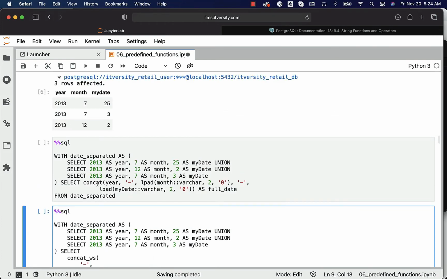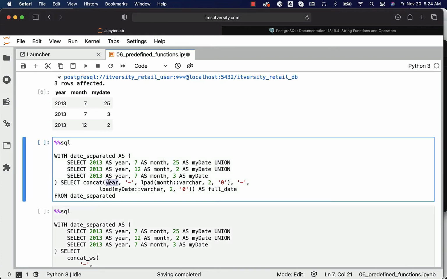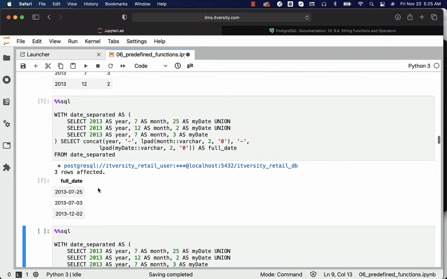However, if you want to use concat, you just have to say concat the year, which is nothing but the year column, and then the derived month. If the month is less than 2 characters, I want to lpad with zeros. That's what I'm doing here, using lpad of month, comma 2, comma 0. Then again a hyphen, which is nothing but a delimiter. Then again lpad of my date to get the date with at least 2 characters. Now you should be able to run this and you can see the results the way we want. We can see the full date with the hyphen as delimiter between year and the derived month to 2 characters and the derived date to 2 characters using lpad.